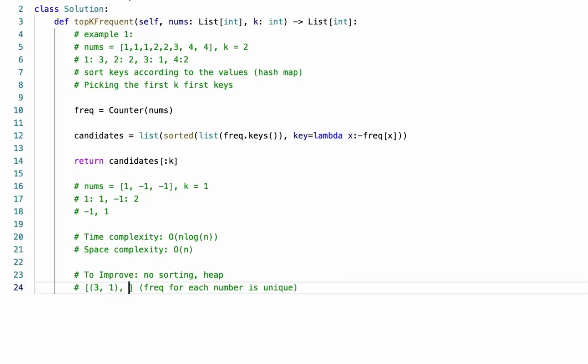Then what can I do? Then when I have 2, 2, for example, I know that if k is equal to 2, then I would still put this here, right? Then when I am inserting 1, 3,